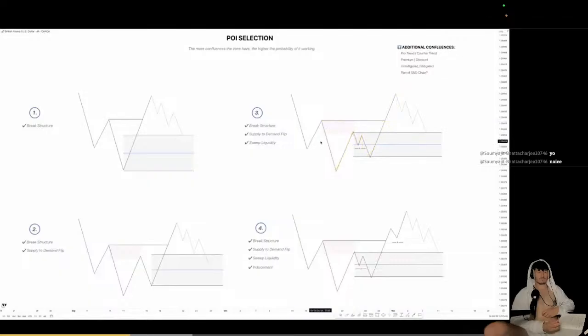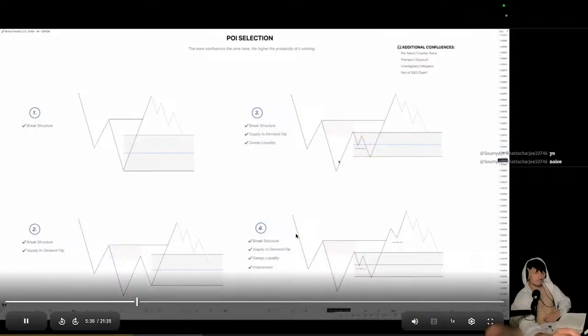And also later on, when you go through the liquidity concepts course, the lessons, you will learn that there are different variations for this flip plus sweep, right? It doesn't just look like this all the time. Sometimes it will look a little bit